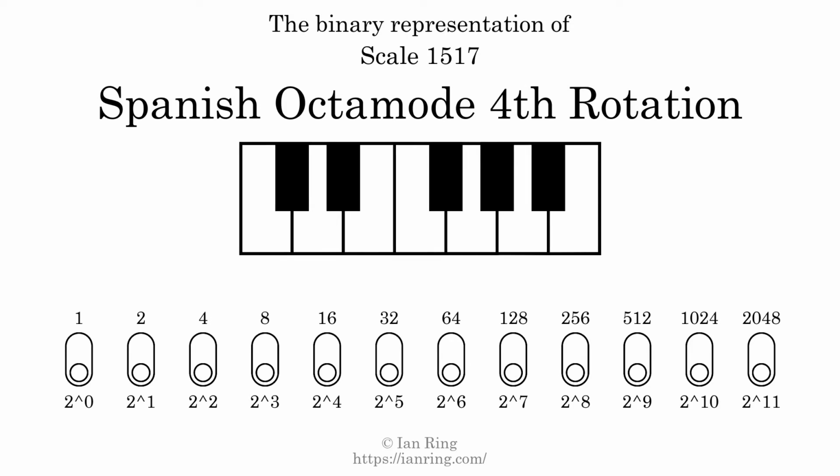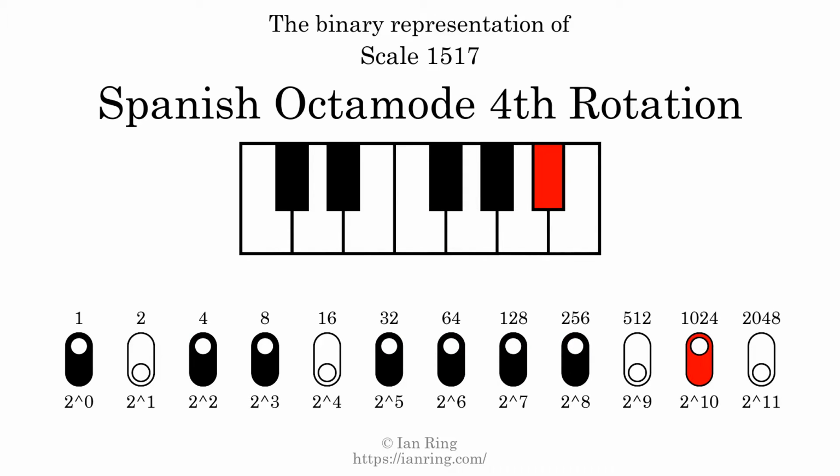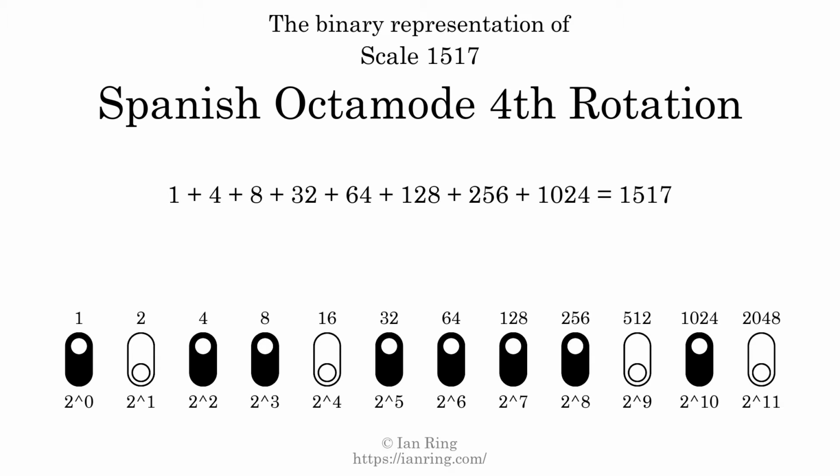The binary representation of this scale is determined by mapping tones of the scale to binary digits. Each binary digit represents a power of 2. To get the scale number, we add the powers of 2 together. The powers of 2 that are present in the scale, all added together, equals 1517. That is why the scale number, in decimal, is